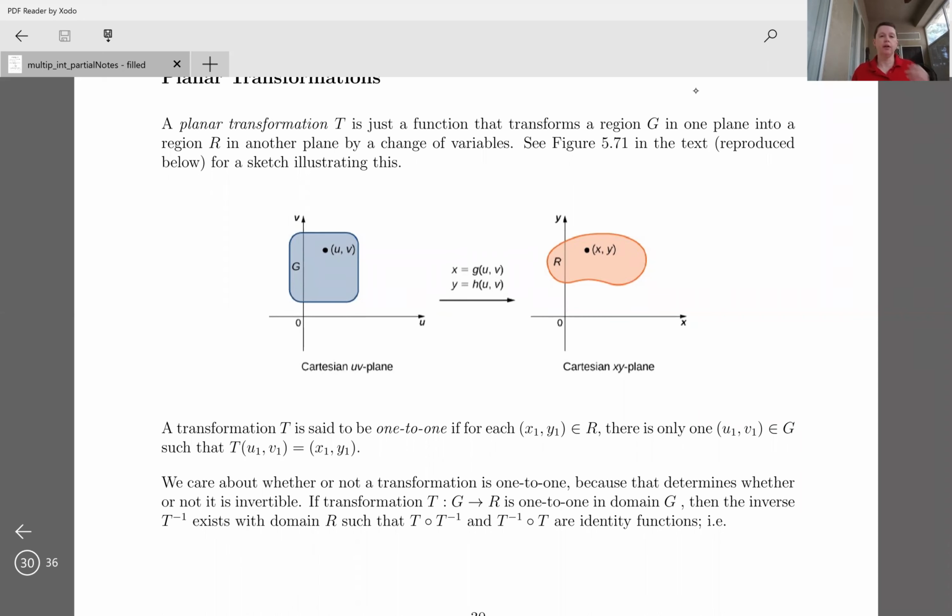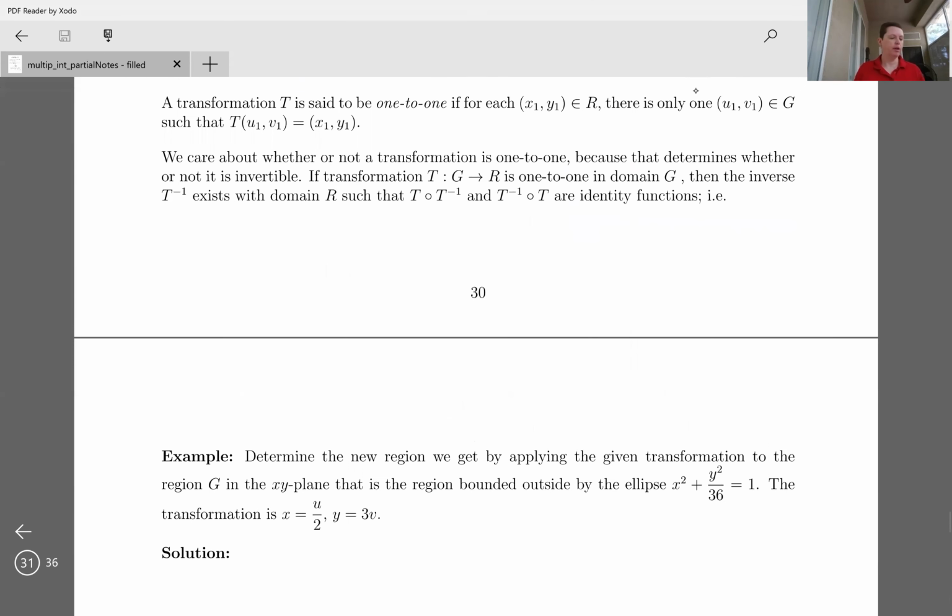Now, why do we care about whether or not a transformation is 1-to-1? Well, we care because that determines whether or not it is invertible. So if our transformation T going from G to R is 1-to-1 in that domain G, then the inverse transformation, which we denote, as usual, T to the minus 1, is going to exist with domain R such that the composition of T with T inverse and T inverse with T give us the identity function. So in other words, what that means is that